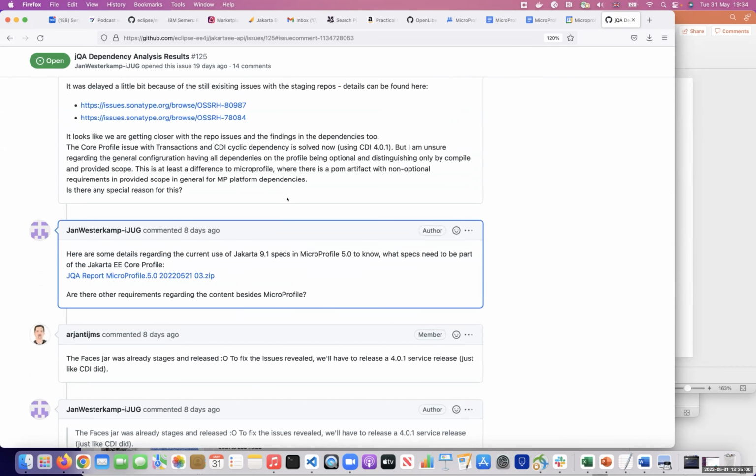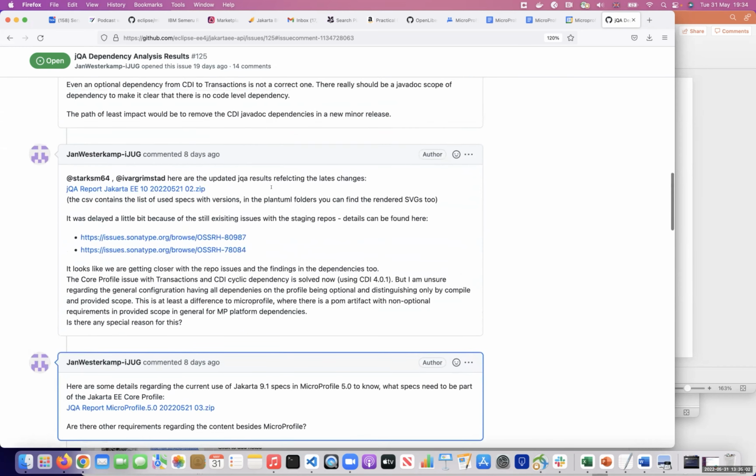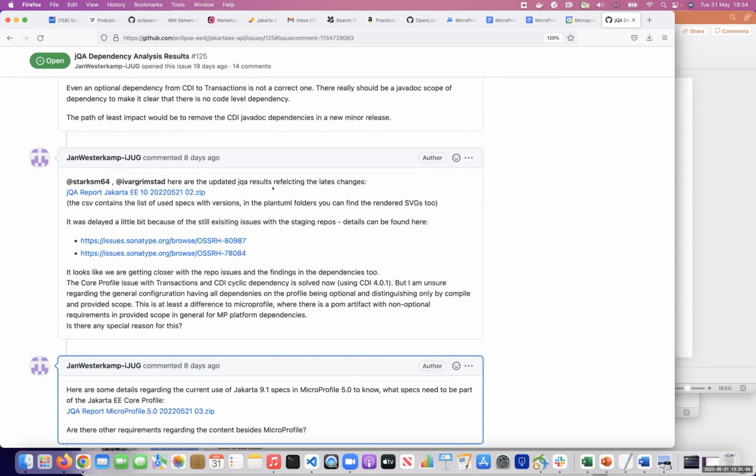Okay, so I have to unzip this zip and see the graph, right? Yeah. So do you have the graph? Yeah. Let me stop share. You can share.